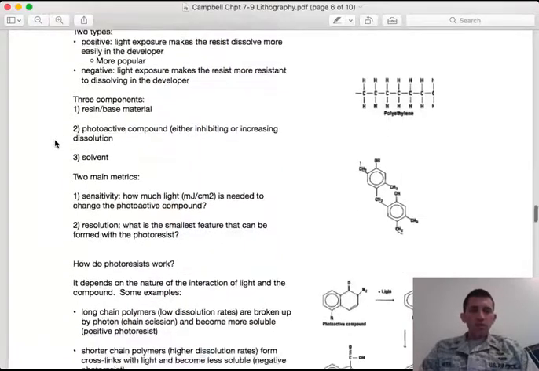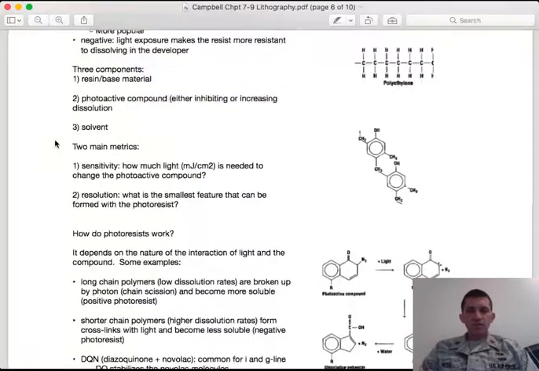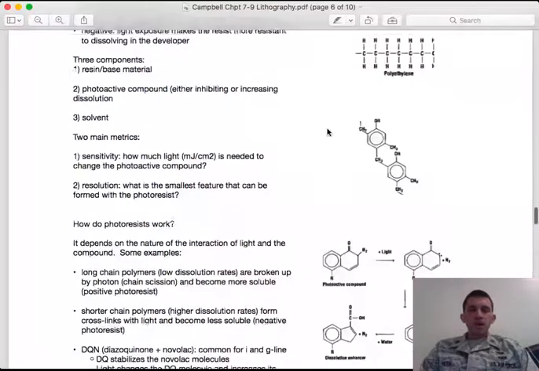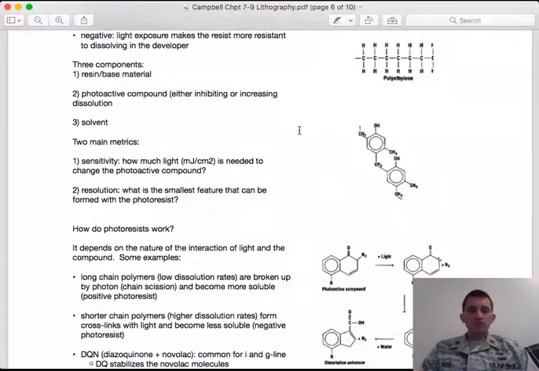And the photoresist itself has several components. First, you have the resin or the base material. This is polymer resin, so you're thinking about, right, you should have a picture of long carbon chains, just like we talked about the first half of the class when we talked about polymer structural materials. So you have this base resin, and then